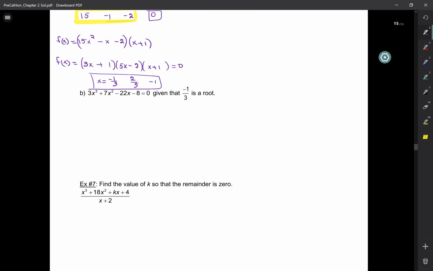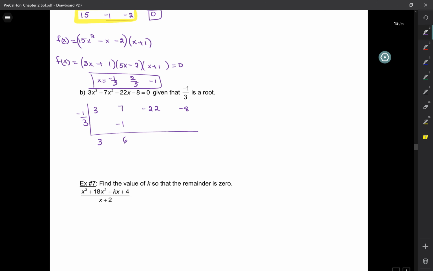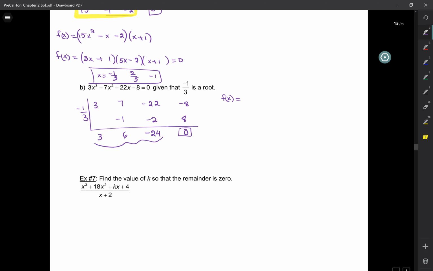All right, one more. Now negative 1 over 3 is a root. So let's go ahead and find this. X to the 3, 2, 1, 0, we're good to go. Negative 1 over 3 goes out here. Okay, 3 comes down. 3 times negative 1 over 3 is minus 1. You add, you get 6. Multiply by negative a third, you get negative 2. You get negative 24 when you add. Multiply by a third, it's 8, but since it's negative, it's positive 8. So here we get 0 for the remainder as expected, meaning f of x is equal to this depressed polynomial